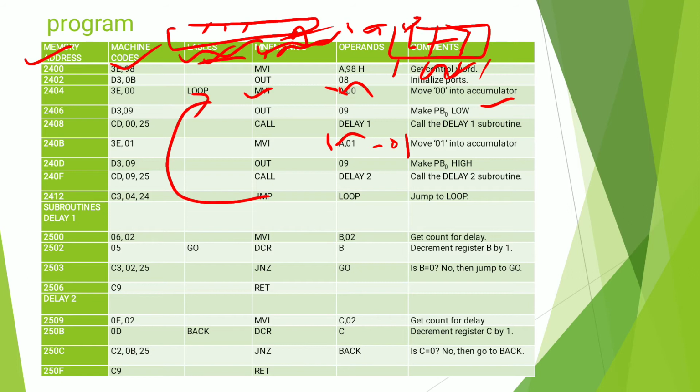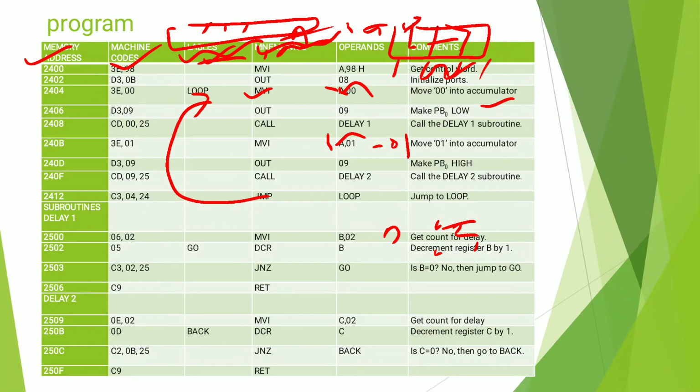Now jump to the loop, that is MVI A, 00. MVI B, 02. Get count for delay. DCR B, means B is decremented from 02 to 01. Decrement register B by 1.